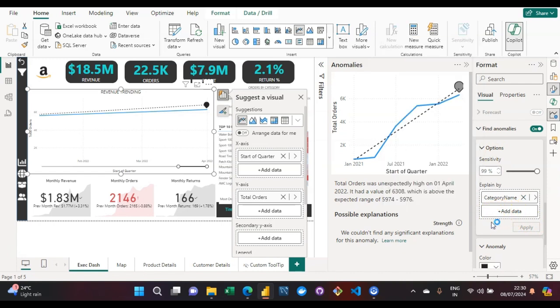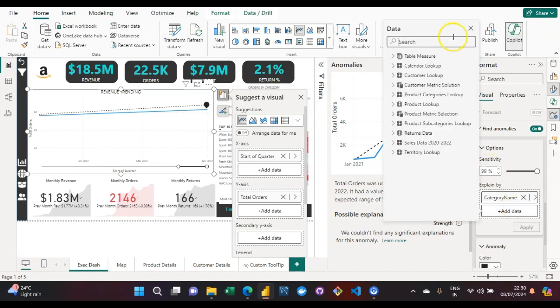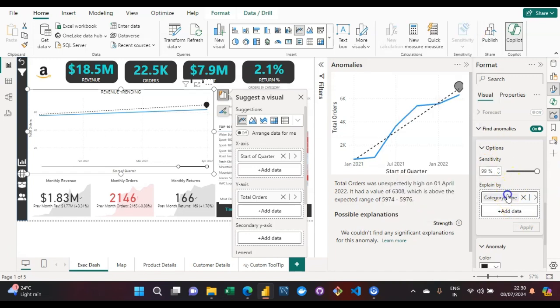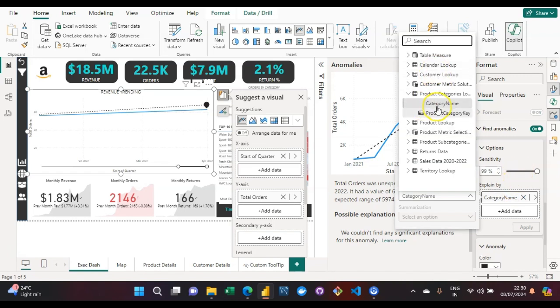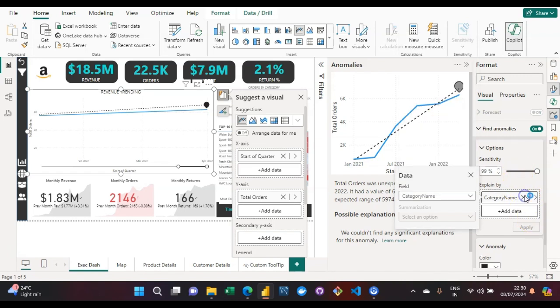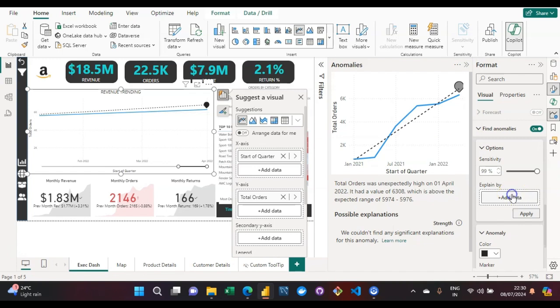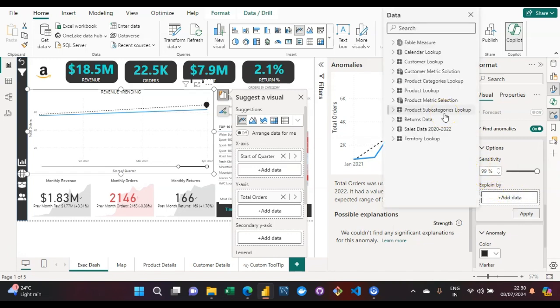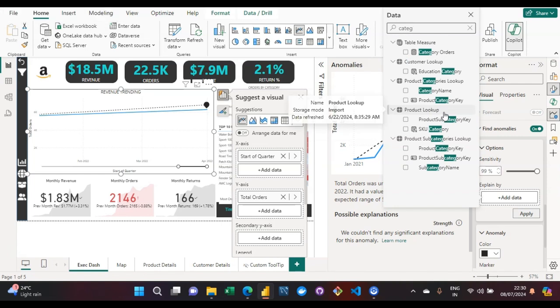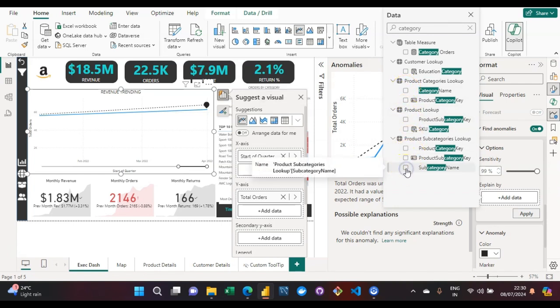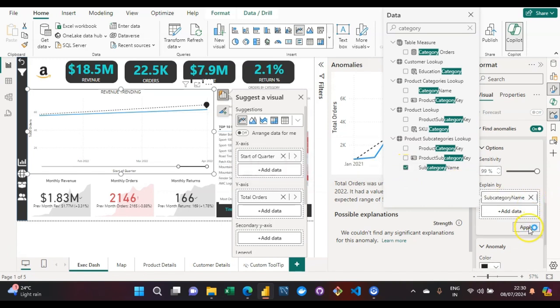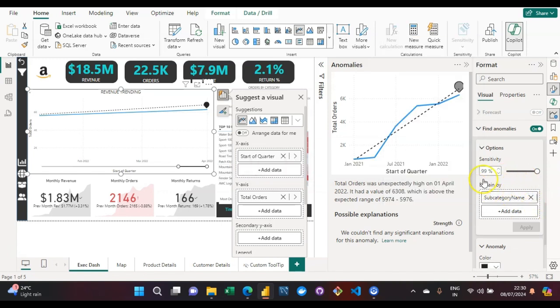Let me add this data, and then let me click on apply. Okay.